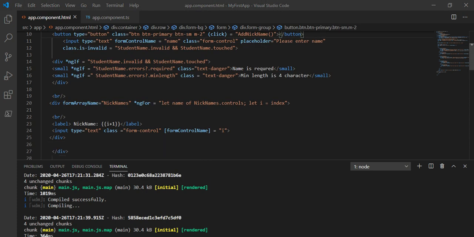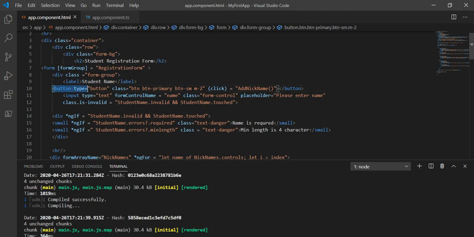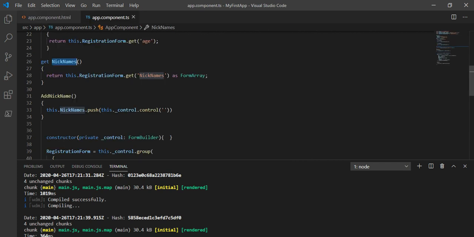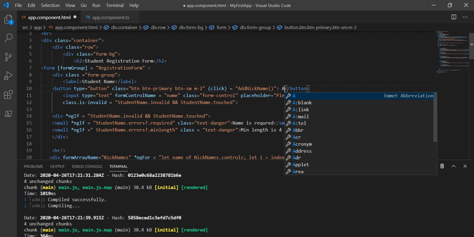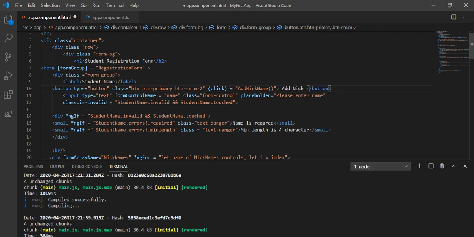So what we did here, let's see. First we added this button, and this bootstrap class we have given, and we have attached one click event, and that is addNickname, and this is going to call this method, and from there it is going to return one form array control. And here we have given the button name, add nickname.